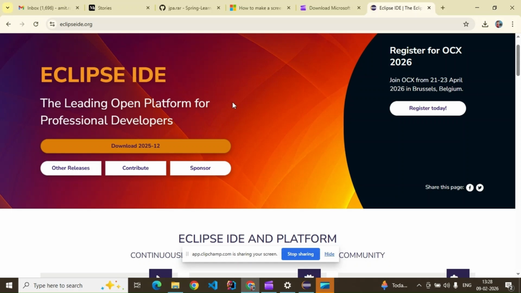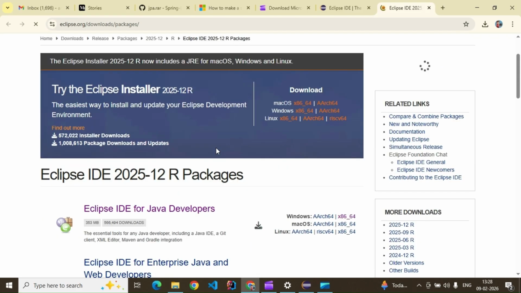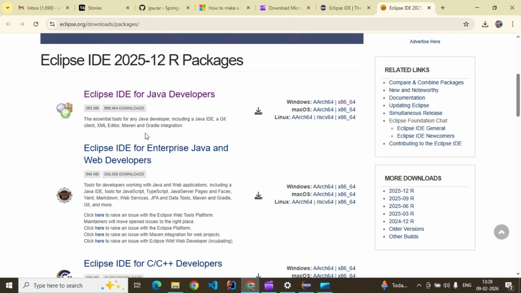Today we are going to see how to download and use the Eclipse portable version from the official website, and Eclipse will be useful for your Java development journey. You can browse eclipseide.org. There you will see the download option. If you click on it, we'll get to this page, and here we have a lot of Eclipse versions